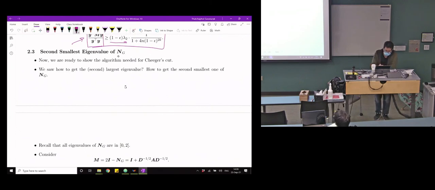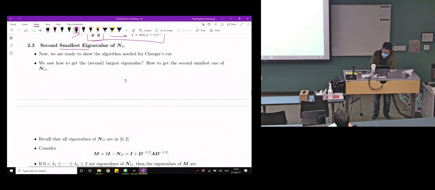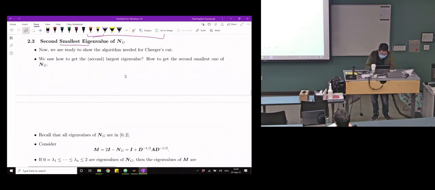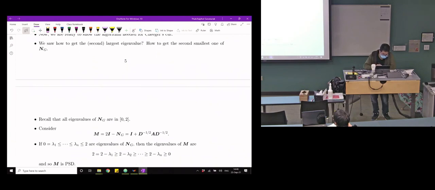Now let's come back to our problem where we want the smallest, not the biggest. We want the second smallest one. What do we do? Are we taking the inverse then? Yeah, the inverse is a good thing to try actually,